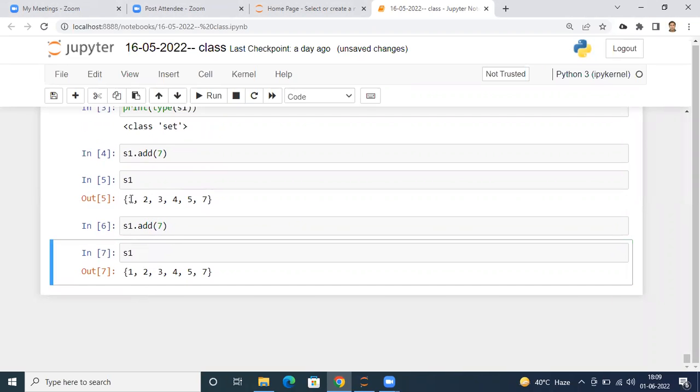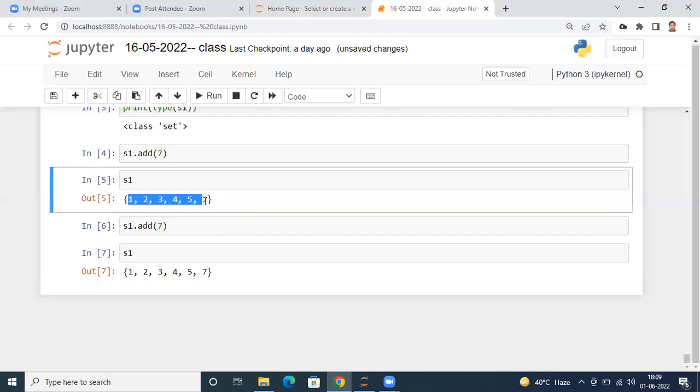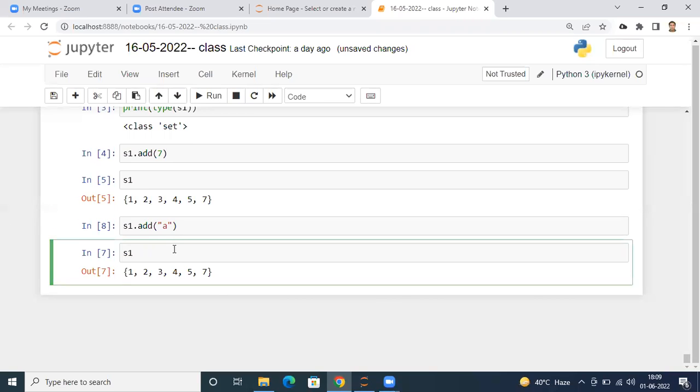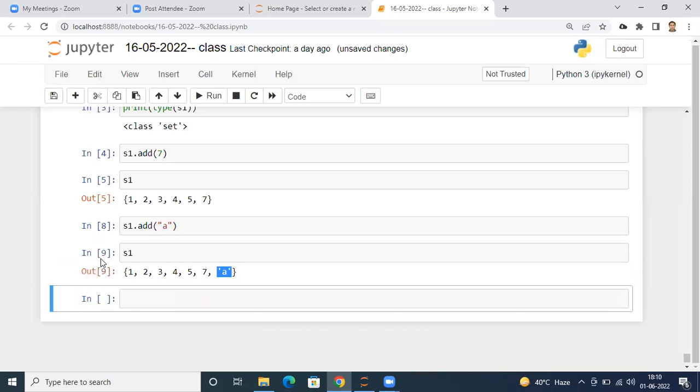And it's not mandatory that it is having only the numbers 1, 2, 3, 4, 5, 7. You can pass anything that you want to pass. For example, I want to pass A here. Let me execute. It has been done. If I check, my A will be there. And don't rely that it is adding at the end, because your set does not have any particular order. So it may add at any place. So don't rely on where it will be added. Okay, so let me move ahead. The one method is understood. Whenever you want to add an individual element to a set, we can take the help of the add